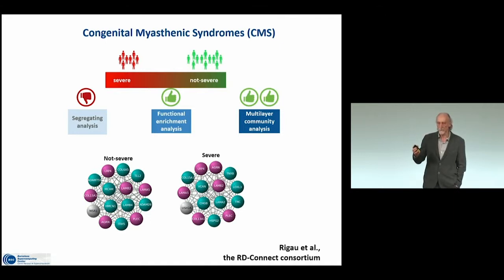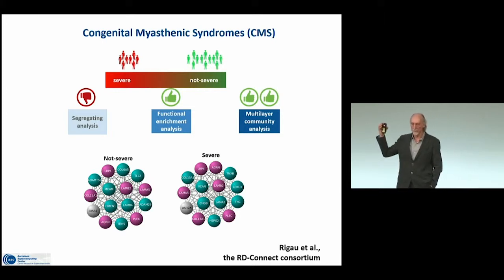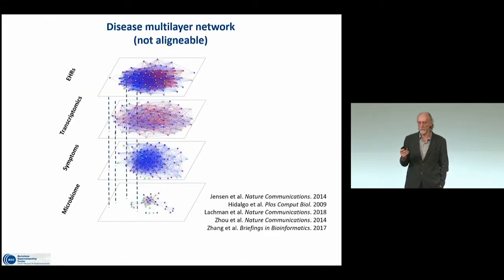If you use typical functional enrichment analysis, you start seeing things, but you cannot really understand very well the differences between the different types of diseases. When you use multi-layer analysis, then you can really go deeper and understand the relations between these two types of diseases. And again, when we use this information,